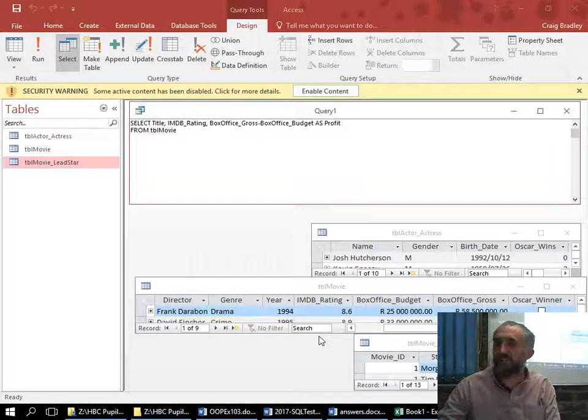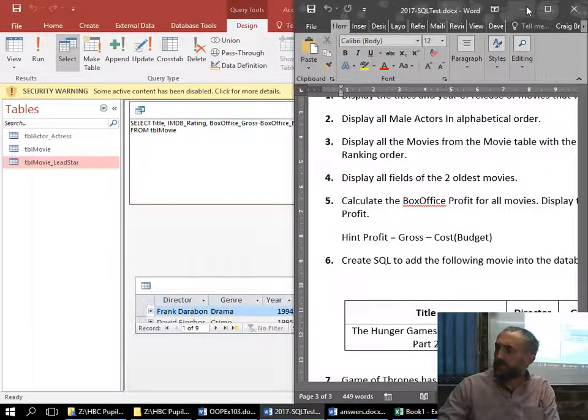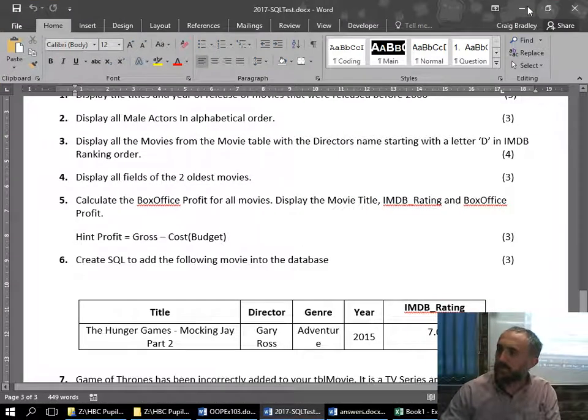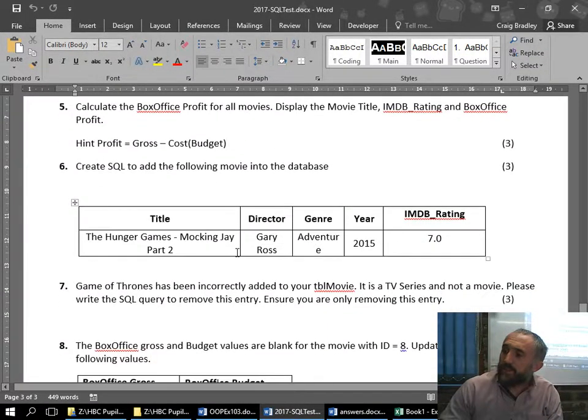Next question, question 6. Alright, now create an SQL statement to add the following movie to the database. Do I need to do this? Yes. Damn it. Okay, copy,